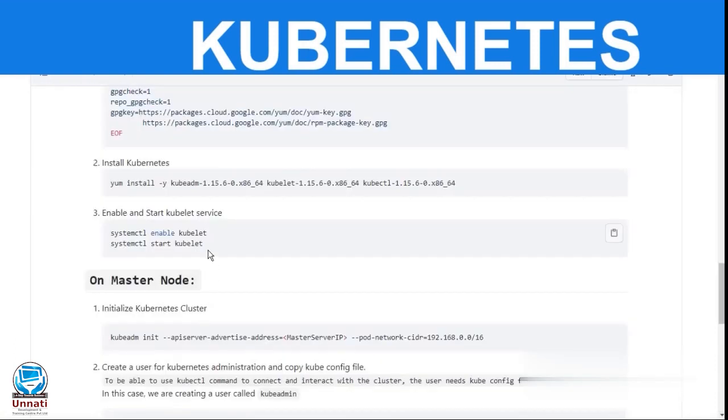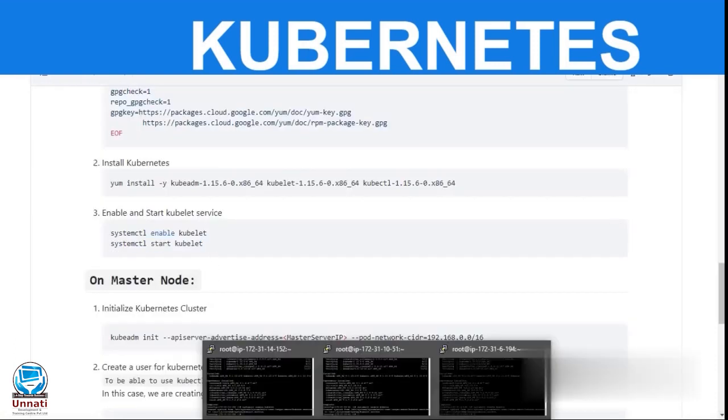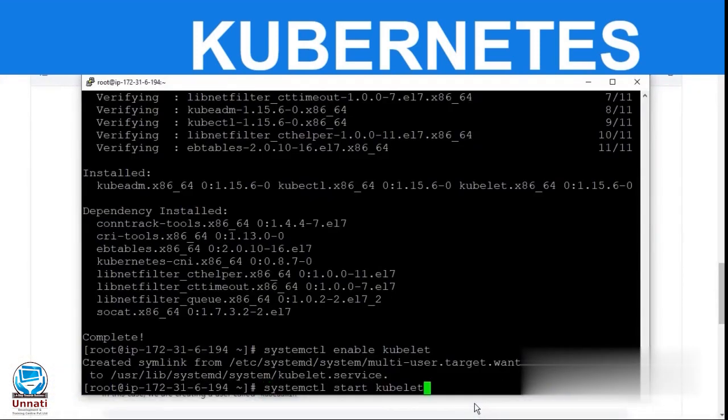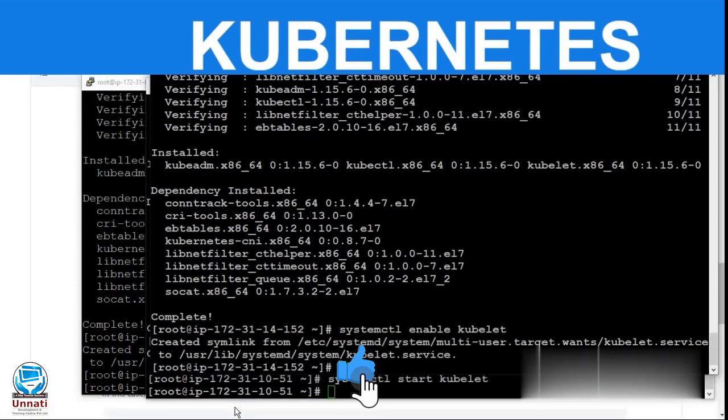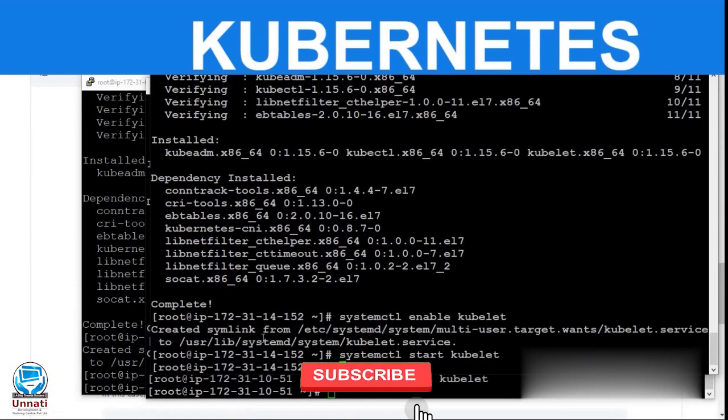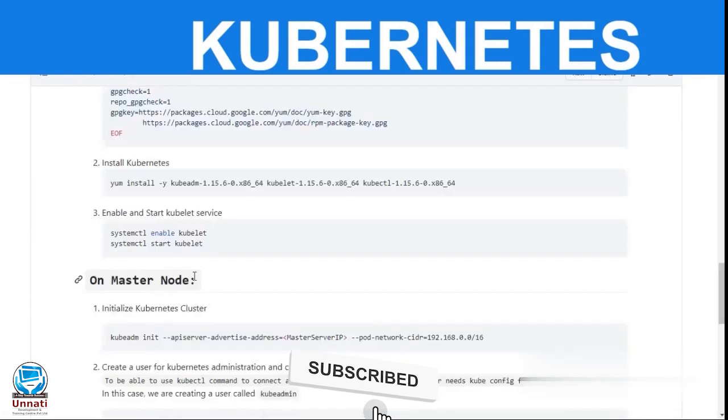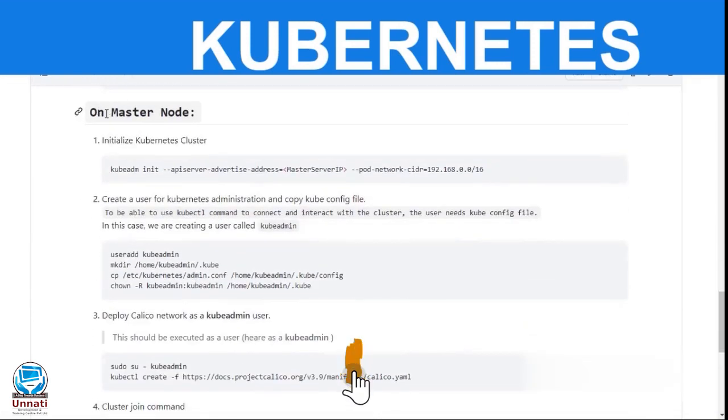As we have to install Kubernetes on each node, we will have to install and enable the Kubernetes service. We have installed it. Now we have to initialize the Kubernetes cluster. So we have to use this command on master node only. We don't have to use it on working node.